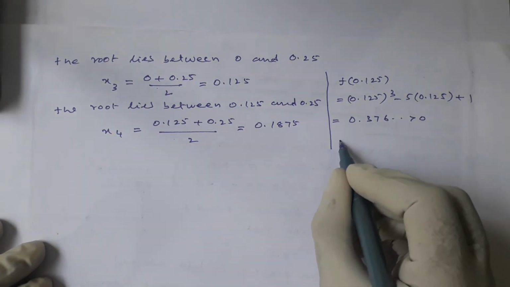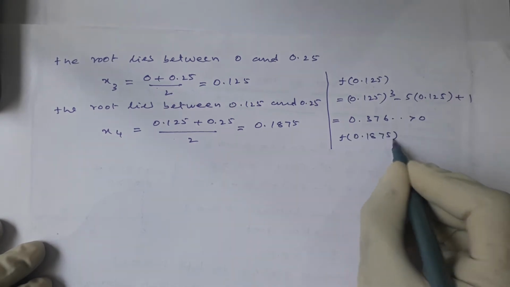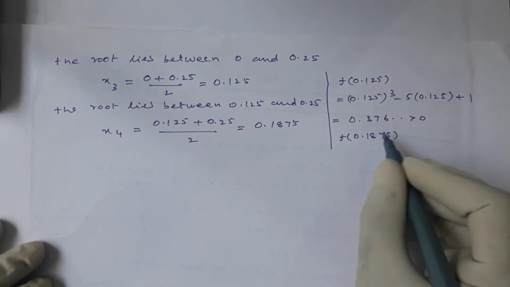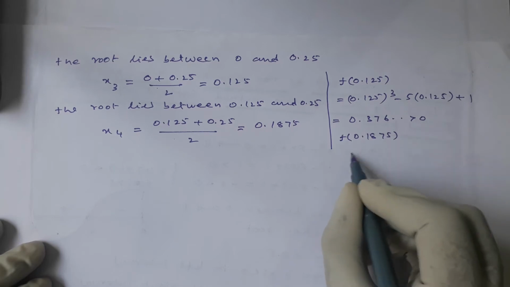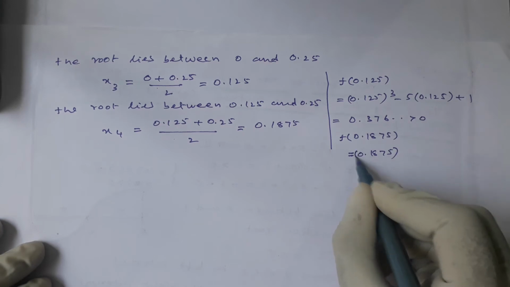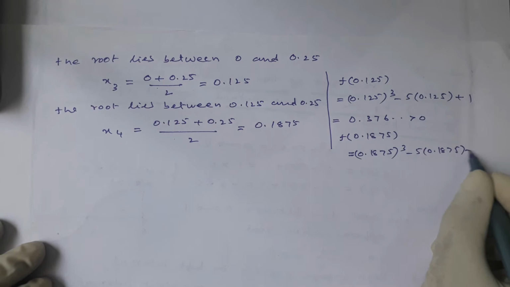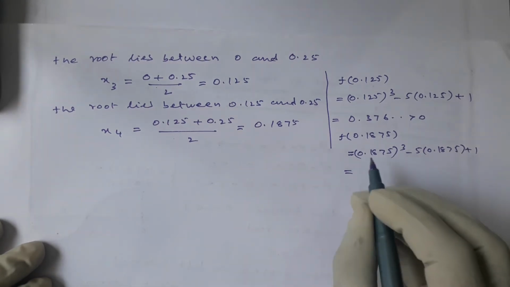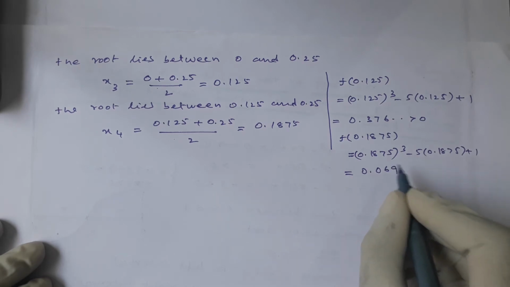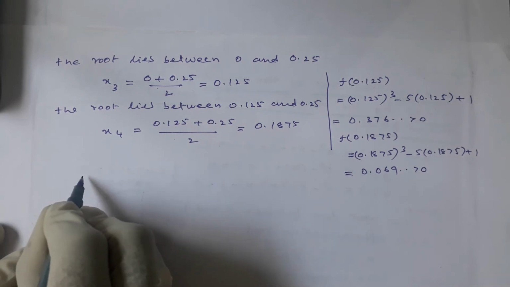Next, f of 0.1875 is equal to 0.1875 whole cube minus 5 into 0.1875 plus 1, which is equal to 0.069. It is greater than 0. So the root lies between